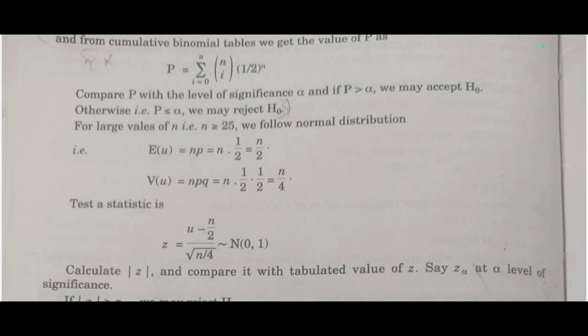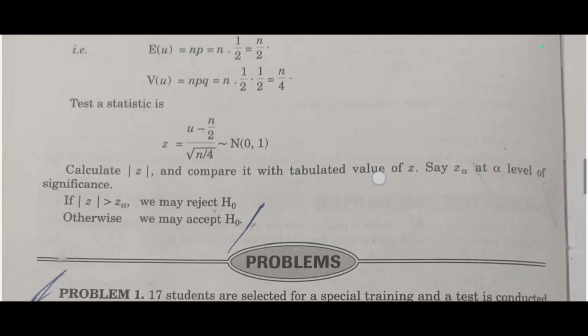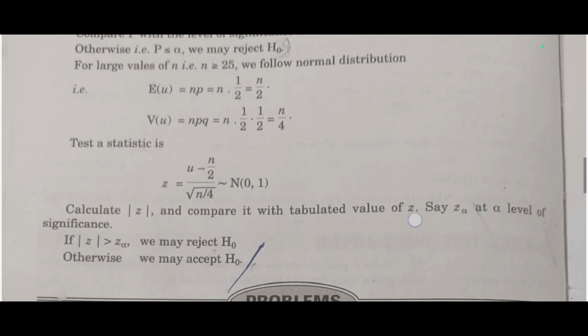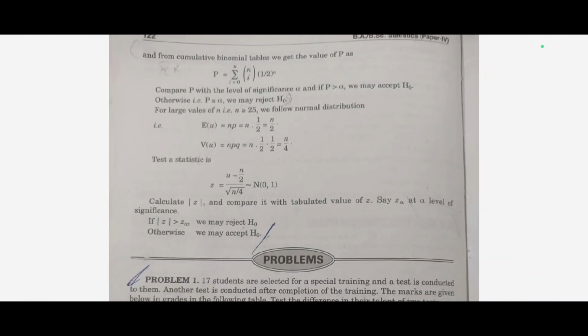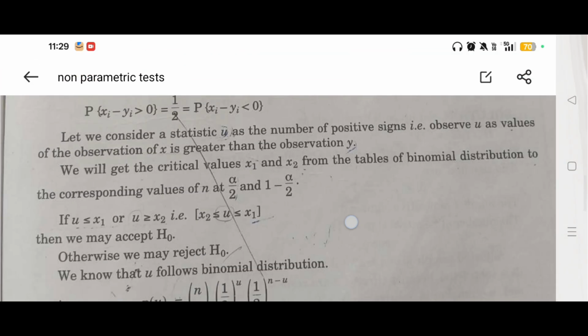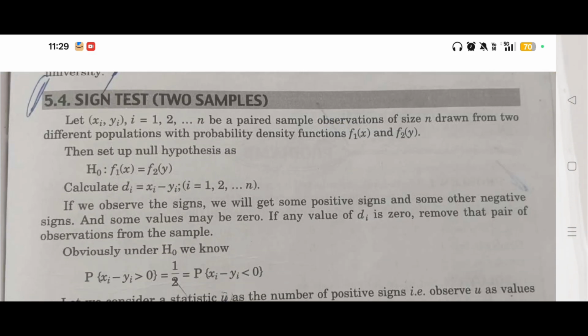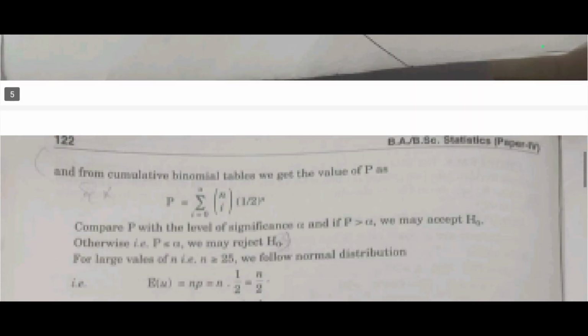If the sample size n is greater than 25, at that time it follows the normal distribution, and the calculated value will be similar to the first one. So this is about the sign test for two samples. Next,